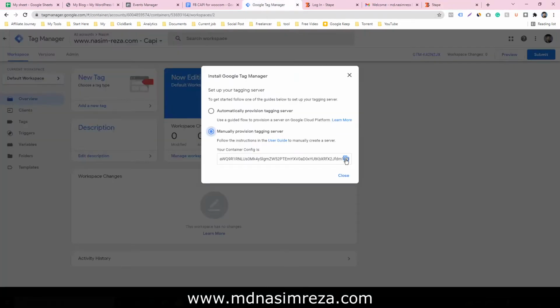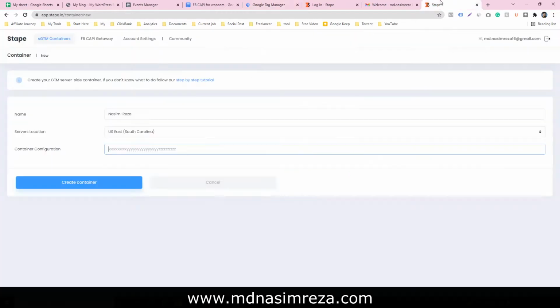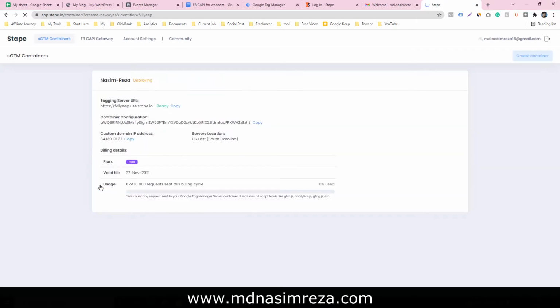Just copy the code from the Google Tag Manager server container, paste it here, and click on create container. Yes, our container is ready and this is our tagging server URL.